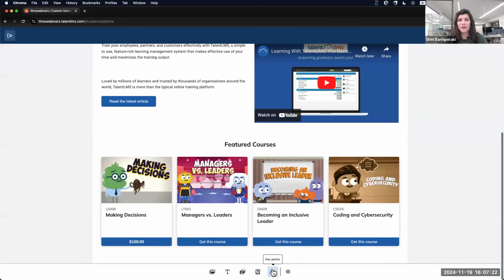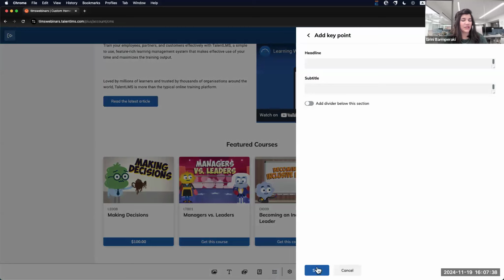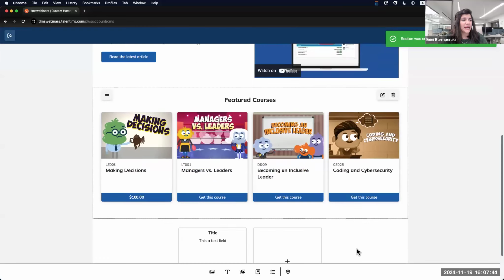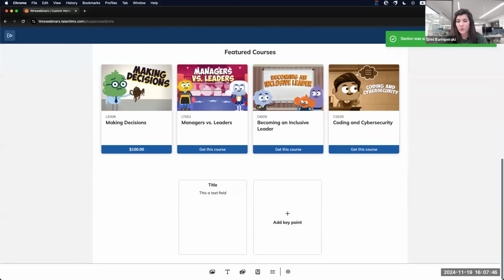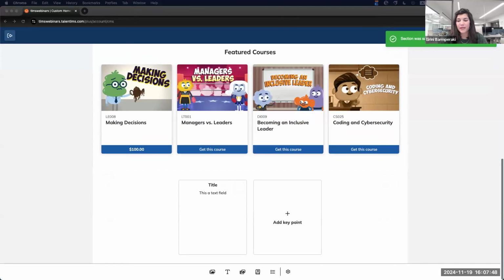If you want to combine text with images in a very specific format where you will have on the top the image and below the information, maybe you want to share some values of your company or some metrics, you can do that with this method. So I'm just going to click here the section. I'm going to skip the headline and subtitle at the moment and click Save. And now a new section has been added here where I can start adding my own